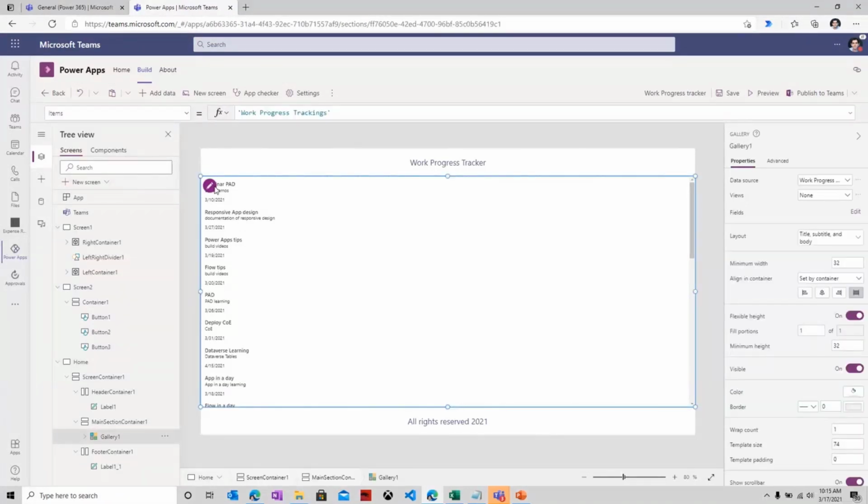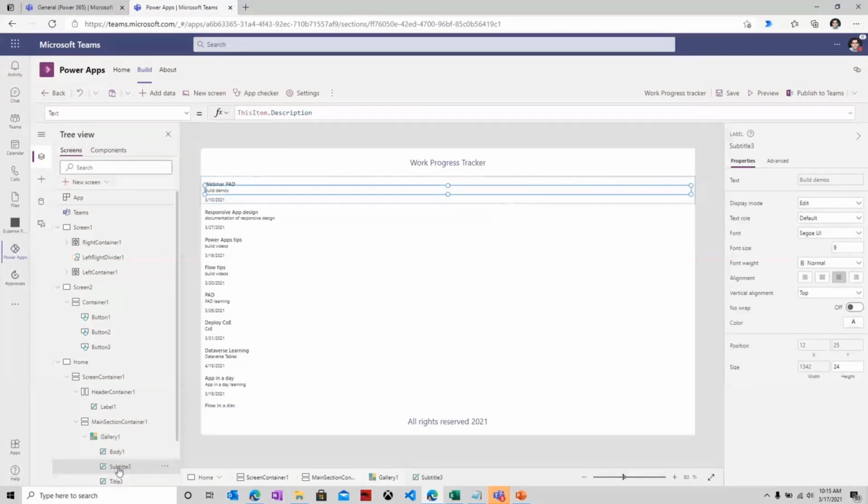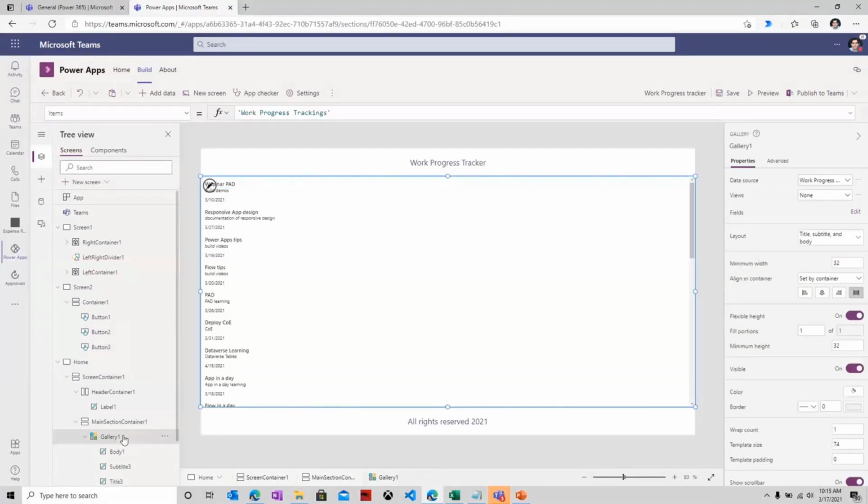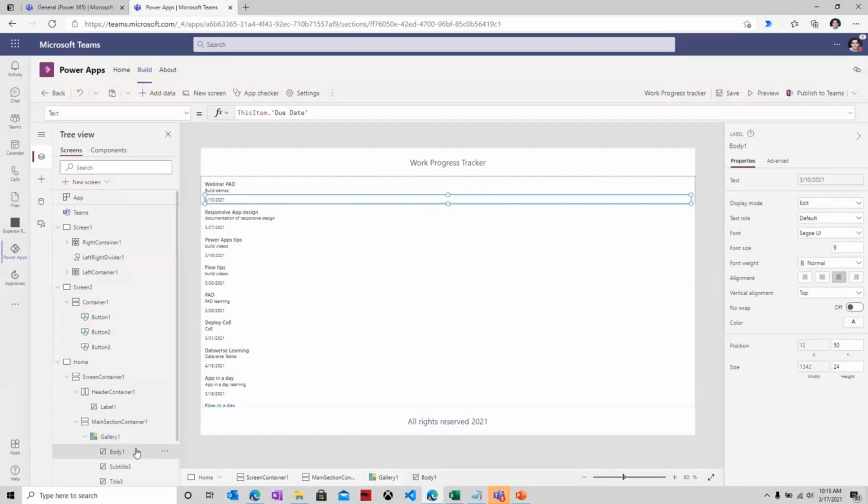Now, as part of this gallery, if I look at any of the controls, so let's pick subtitle 3. If I look at the width, it says title3.width. So this is my title column. So let's look at the width of this column. There's a formula here called parent.template_width. Now, what's the parent of this control? It's the gallery. What's the width of the gallery? Well, right now it's 640, but that's flexible. As the container size changes, the width of the gallery changes. So parent.template_width is a property that will give me that responsive width depending upon the real estate or the wrap count for my specific gallery template.